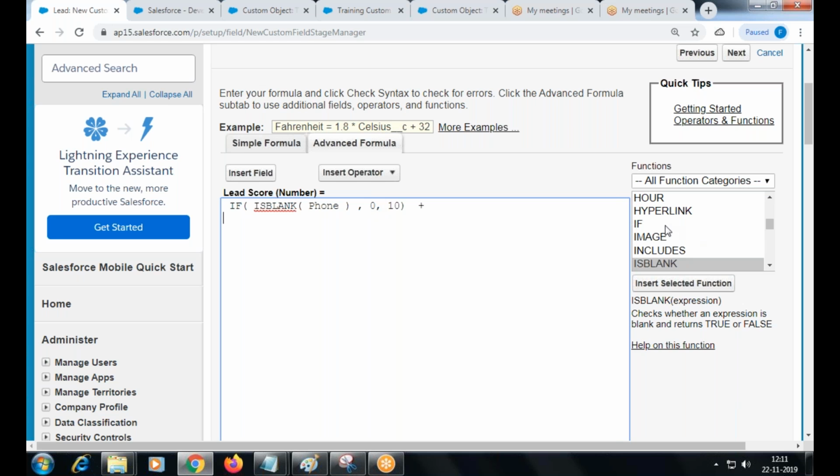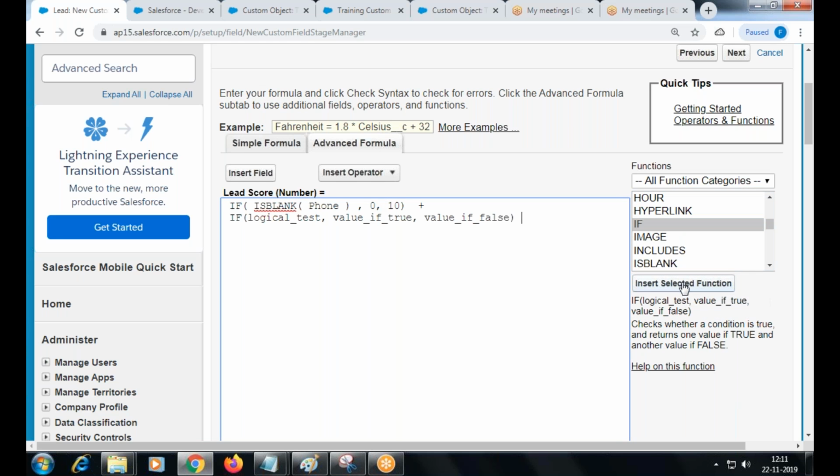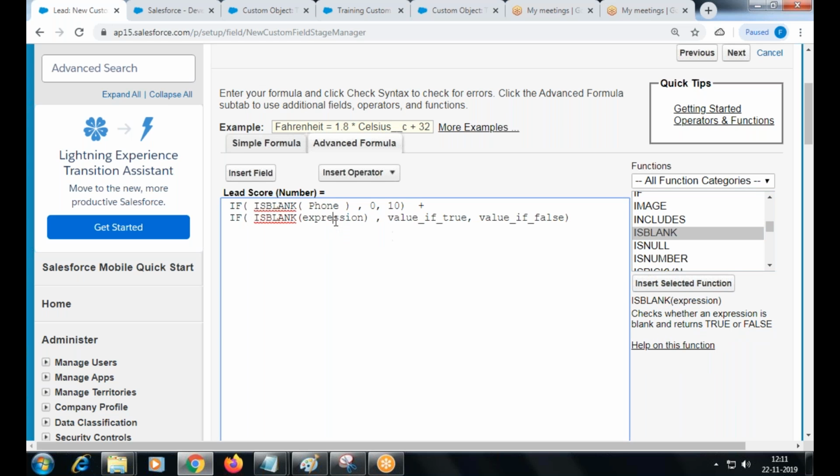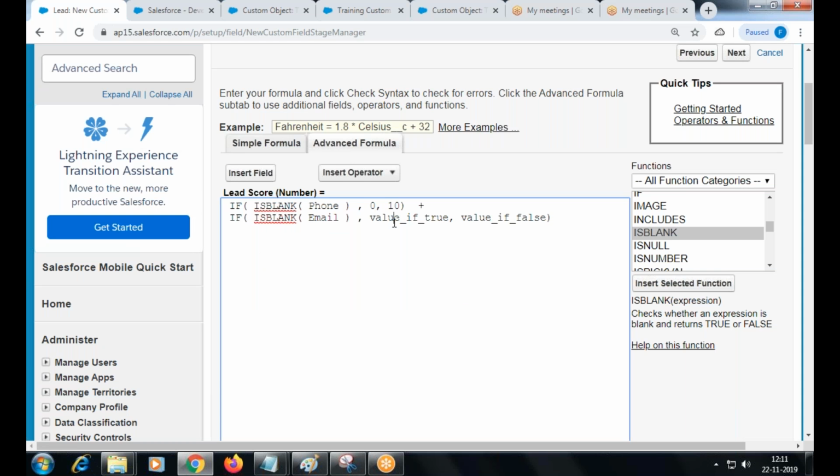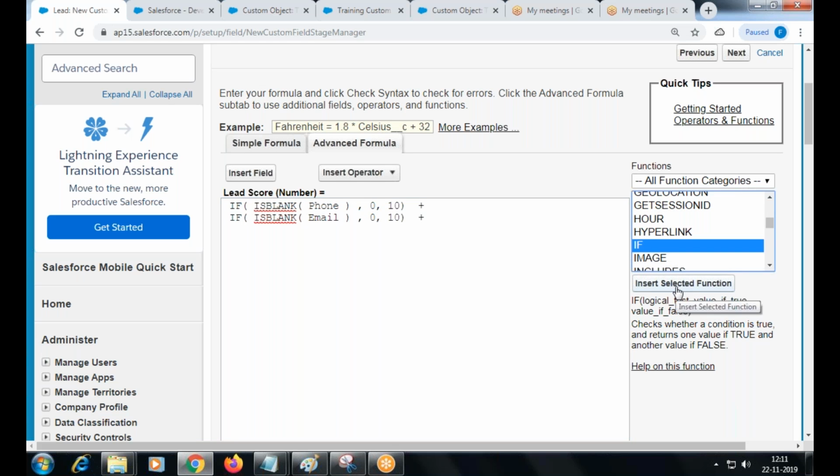Next, another if condition. We will follow this. Is blank, email, 0, 10, plus, insert.